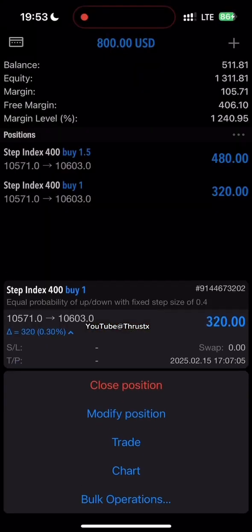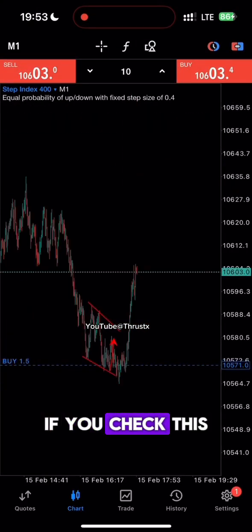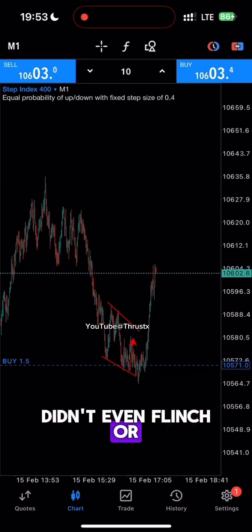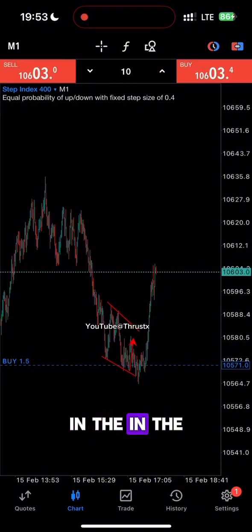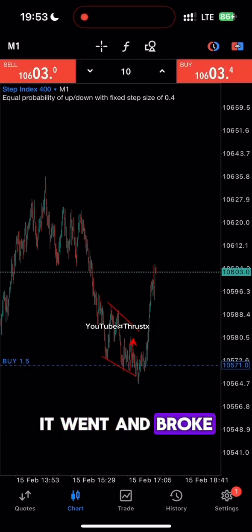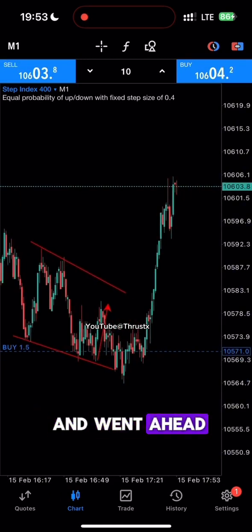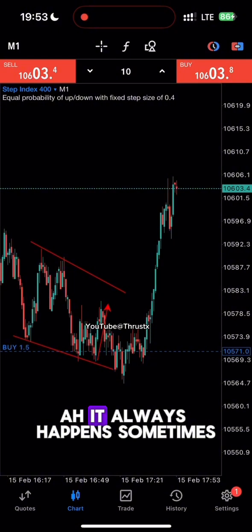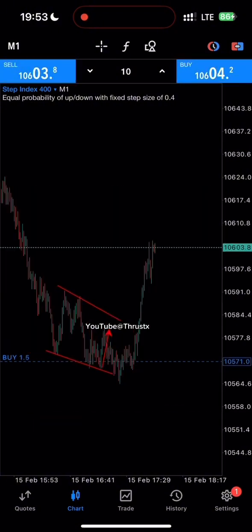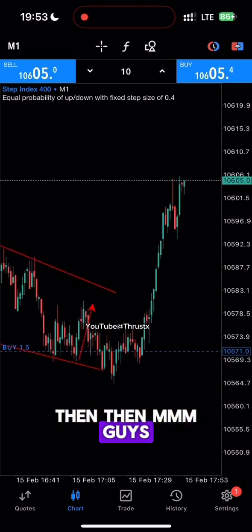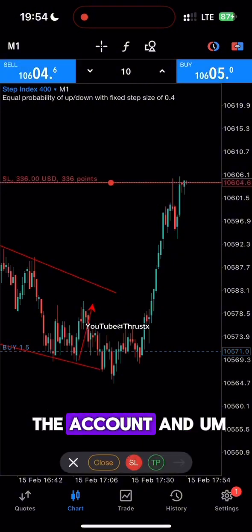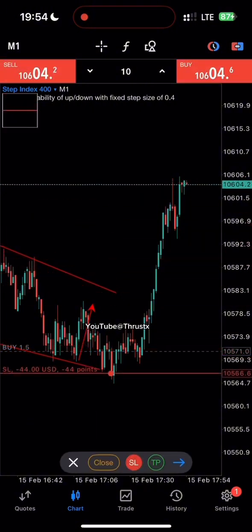So if you check, this one went straight up. It didn't even flinch or turn at the top trend line. It went and broke and went ahead. It always happens sometimes, but good thing that it did not happen on the opposite side. If it had happened then guys, we would not survive. We would have blown the account, and it would have been